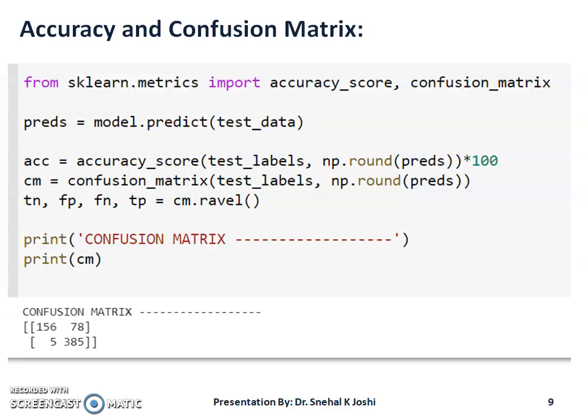We use the metrics module from the sklearn library, and using the accuracy score and confusion matrix functions, we will obtain various performance measures. Here our confusion matrix shows true negative, false negative, and true positive values. And now we have the confusion matrix, and as a result, you can observe the output of the code over here. So let us obtain accuracy, F1 score, precision, and recall.